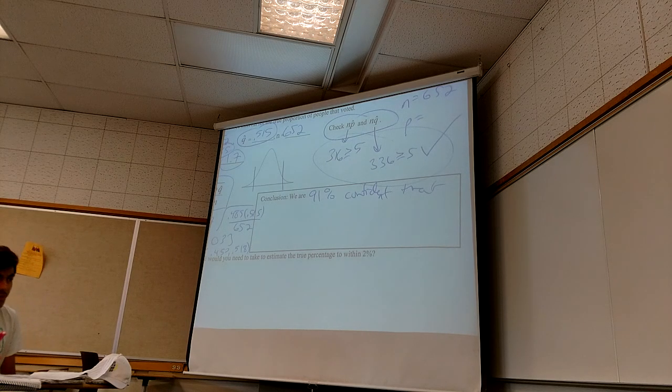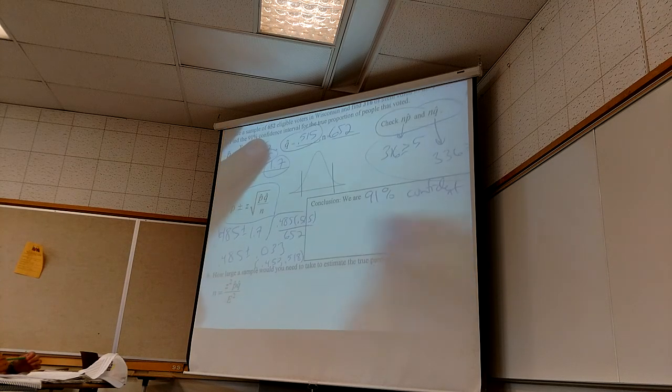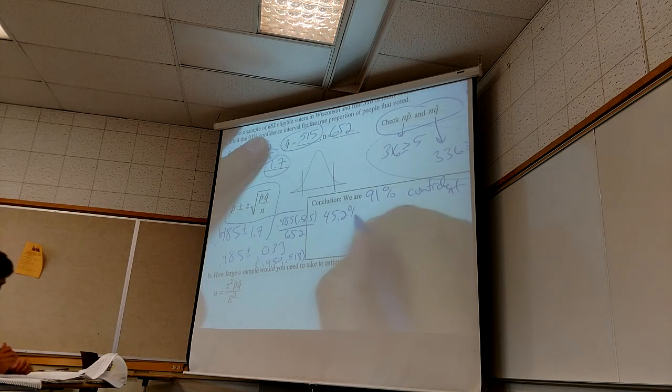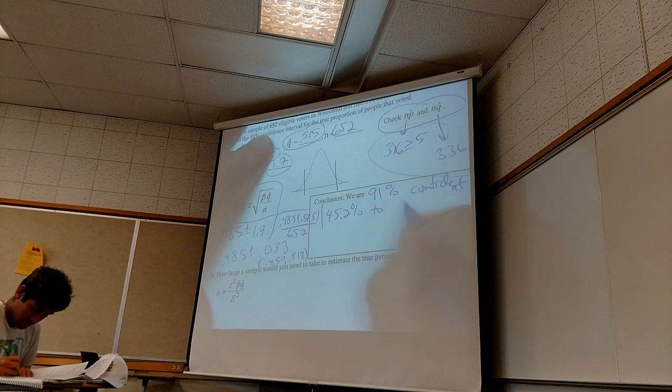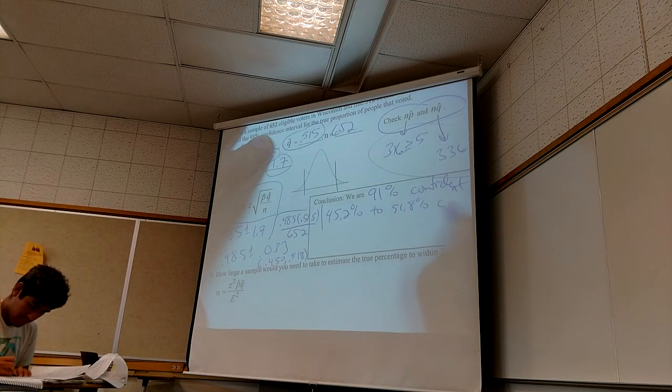We have to talk about it from the aspect of, did my interval catch it? So we are 91% confident that the interval we made, what's that interval? 0.452. Always change it to percentages because that's your units. 45.2% to 51.8% contains the true